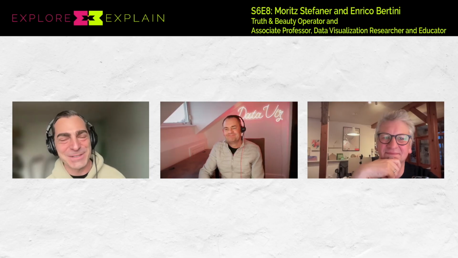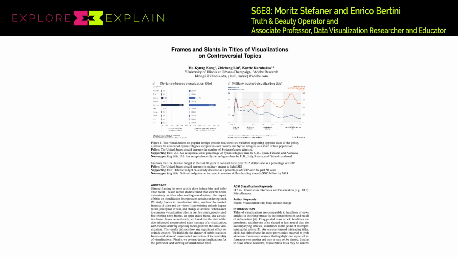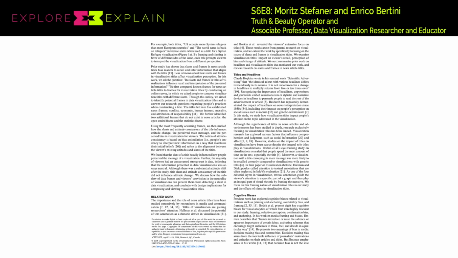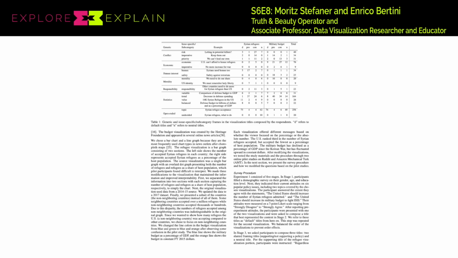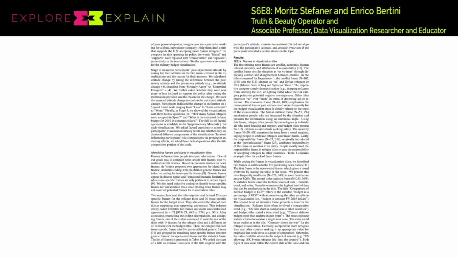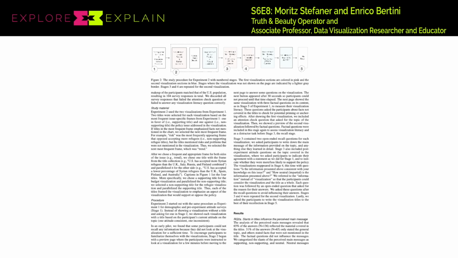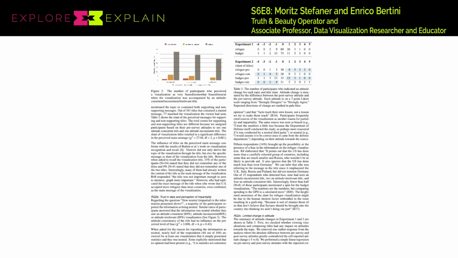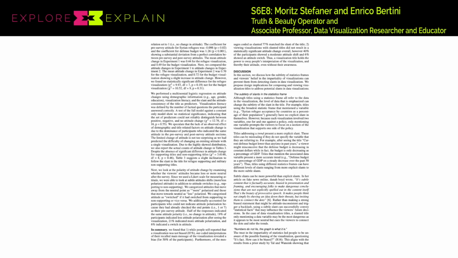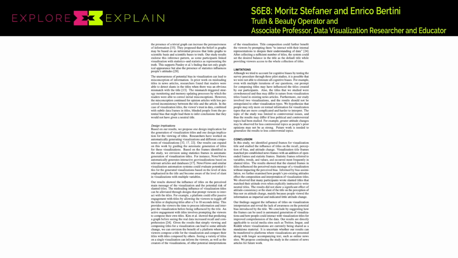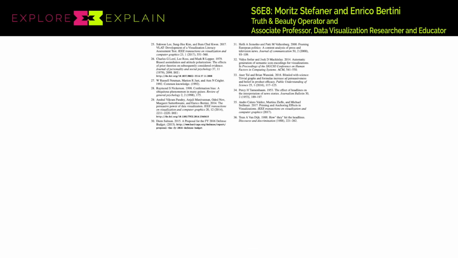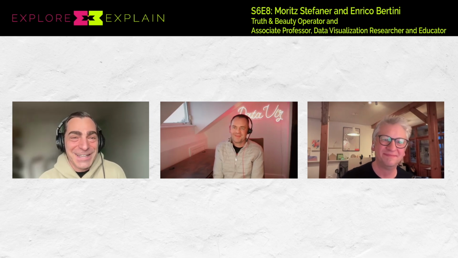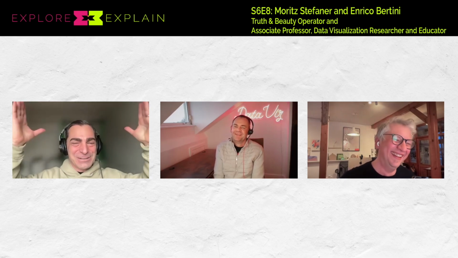So many things to say about this one. The first thing is this is a paper that made me realize, among other things, that visualization is not only about visual encoding, right? It's another one of those situations where once you see it, it's like, of course, it's obvious, right? But nobody talks about it. And what this paper did was not only to explain that titles are important, but also to show scientifically that titles may be even more important than the graphics, which is like, what are we doing here?